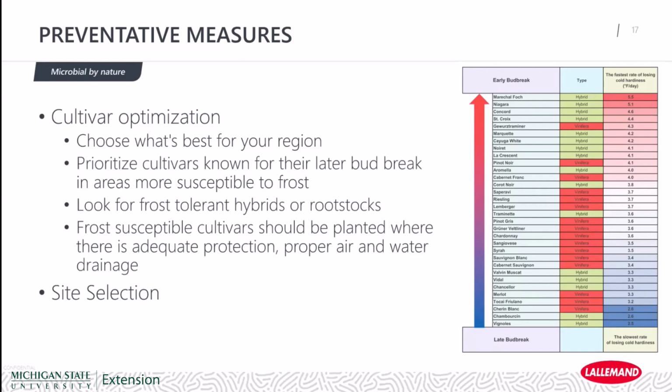I'm not going to spend any time on site selection because I assume most have their vineyards already set up and nobody's really looking to move their operation. But essentially, those that were talked about in the cultural measures, so having good drainage, having good airflow, windbreaks, things like that, those are going to be the best things when you're establishing a new site. Obviously, you have to consider things like soil fertility as well. But having that mid slope with good airflow is going to really set you up for success.